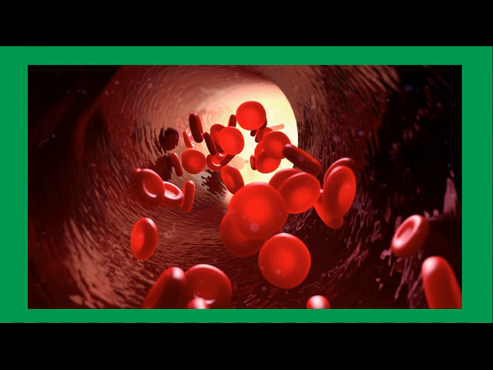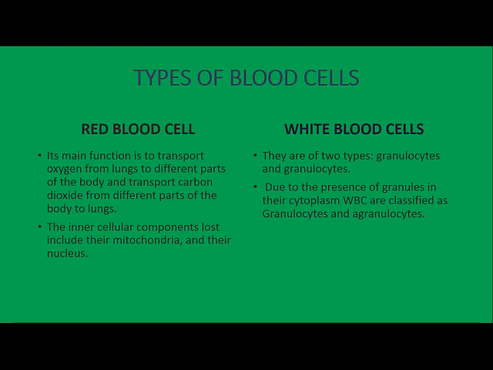Now look at the shape of the red blood cell. This we have also studied in the fifth lesson, children. Why do different cells have different shapes? Here you can see that a red blood cell is disc shaped and biconcave, and it has got a typical shape so that it can reach each and every part of our body. Now, the types of blood cells that are found in our blood are mainly of two types. The red blood cells, obviously, are red in color. White blood cells are not white in color, but they have just got the name white blood cell.